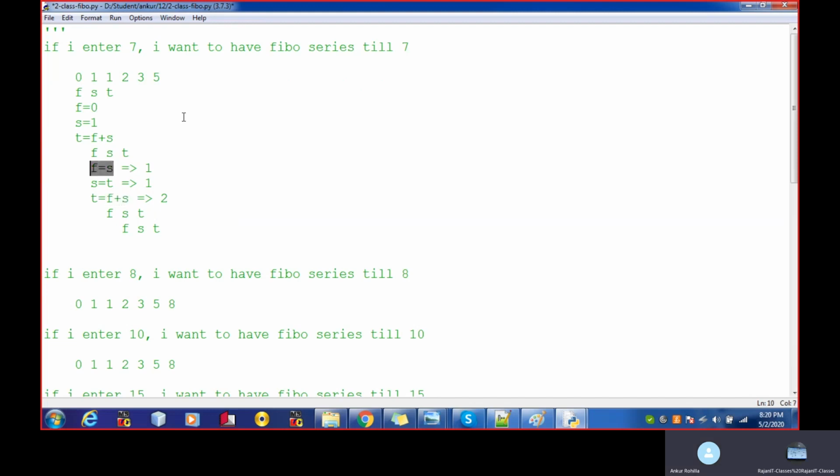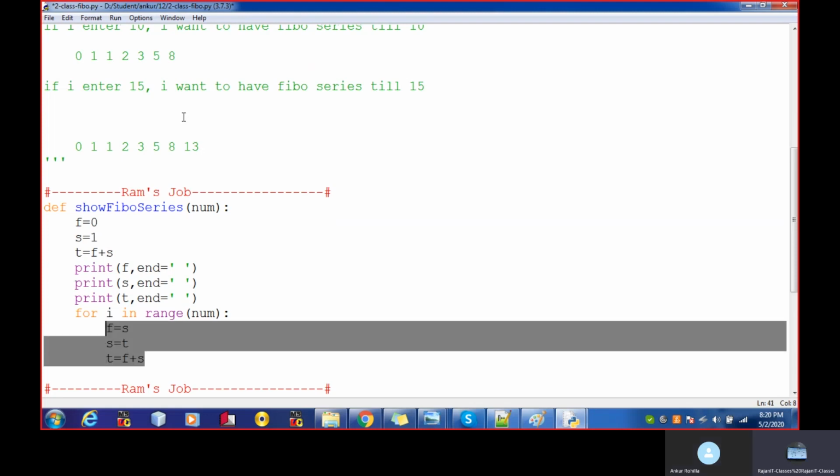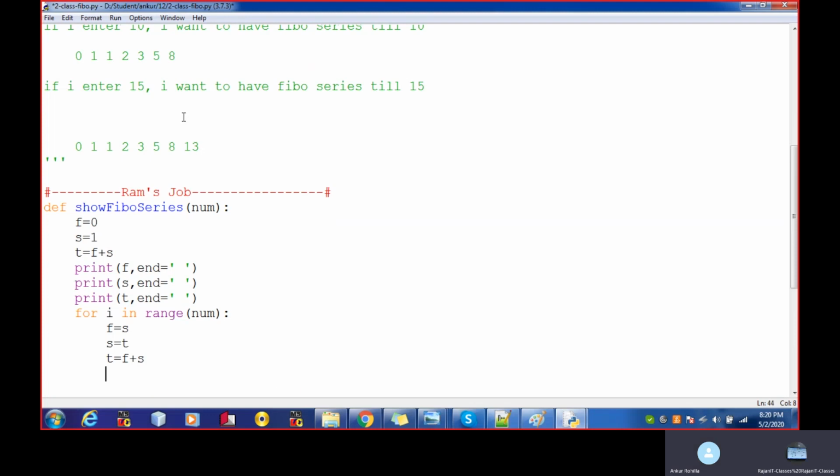Let's copy this part here and put it inside the loop. That s is equal to t and t is equal to f plus s. This set of instructions will be repeated a number of times depending upon the value kept in the num box, right?